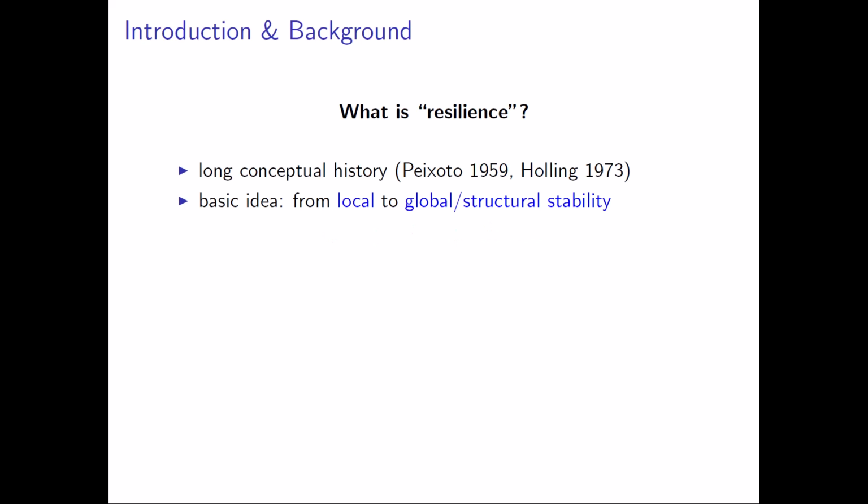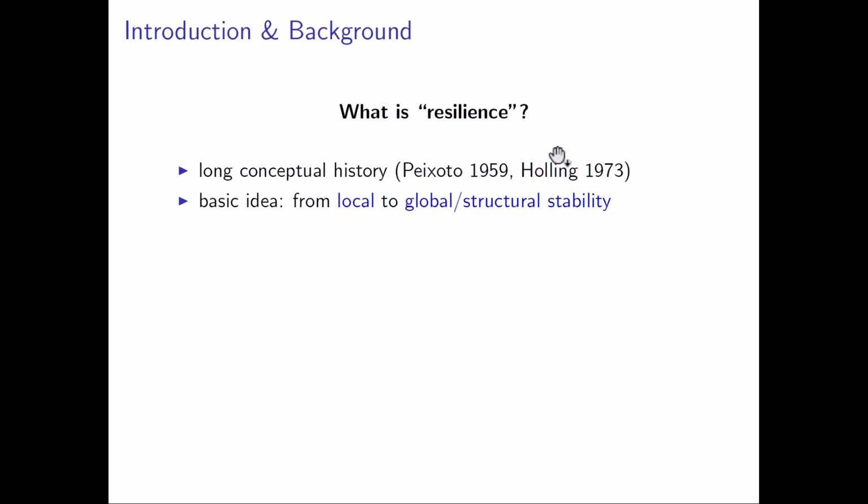What are measures for more global stability? And this brought up this notion of, what is a resilient system? How can you actually deal with resilience? And what is this really? So there's a long conceptual history, there's many papers, for example, of May and Holling, that popularized this concept in